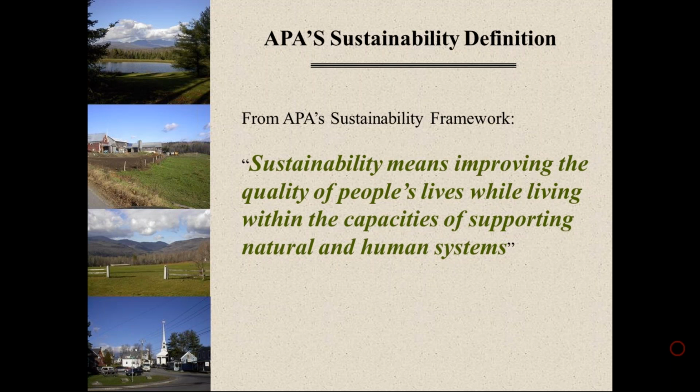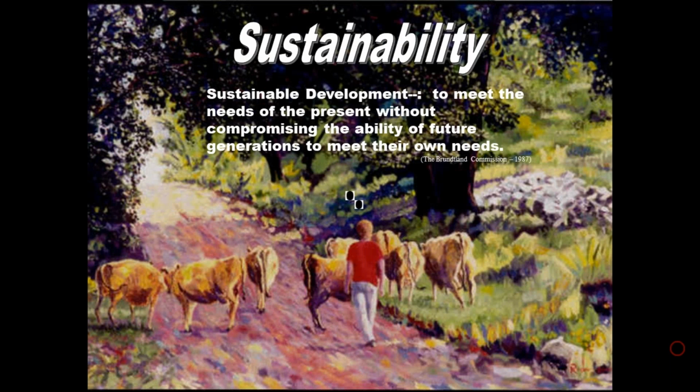I'm sorry, what was the name of the prior one again? The APA and the? Brundtland Commission. It was done in 1987 and is the classic one used by everybody else, UN and EPA and all sorts of other groups. There's lots of definitions of sustainability, but this is the classic one.